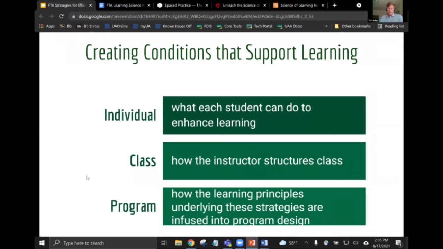The next level, in terms of thinking about program, again, this is stepping back and looking at the bigger picture. How do we create programs that create those conditions that support learning